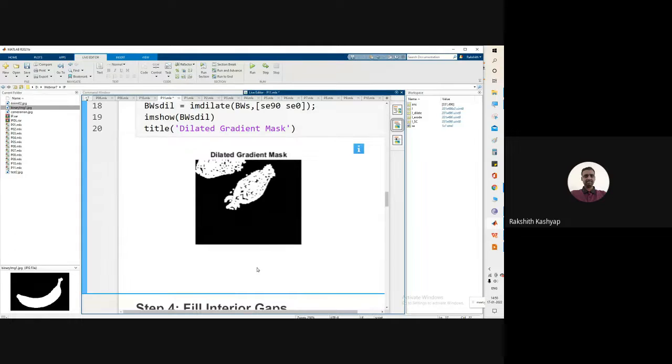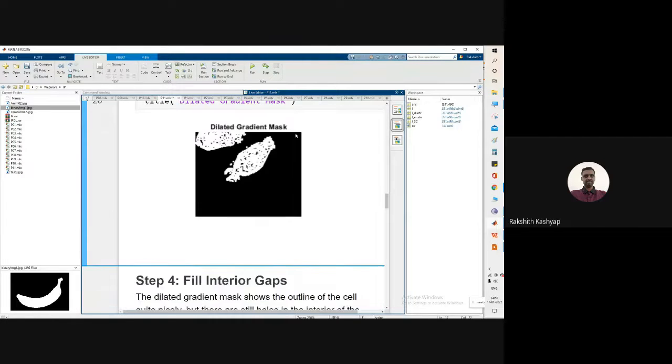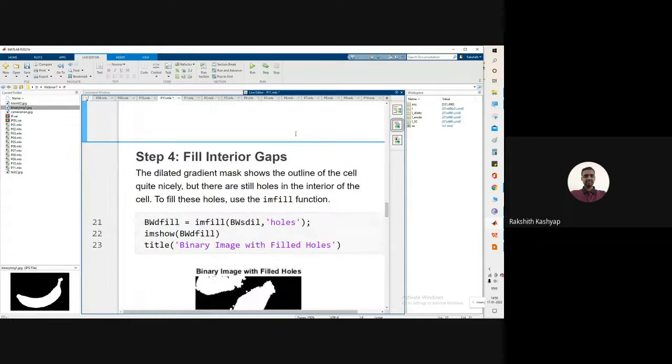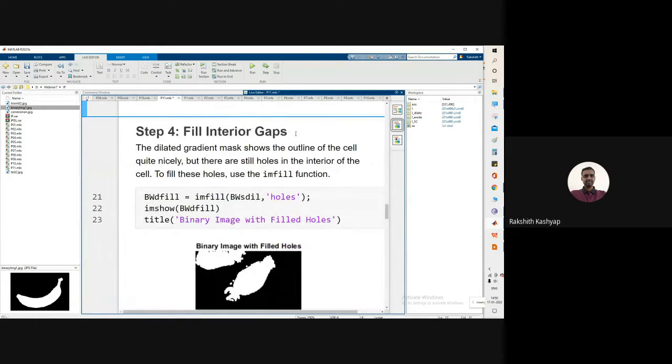At this particular level, it is still not perfect, but with this operation which I applied here, I was happy with the kind of result I was able to get. But still there are some imperfections. We have to overcome that imperfection, right? So I went through the documentation of the multiple functions that are available in the image processing toolbox, and I came across this interesting function which is basically called imfill. I opened the documentation. I was able to totally understand the complete documentation,